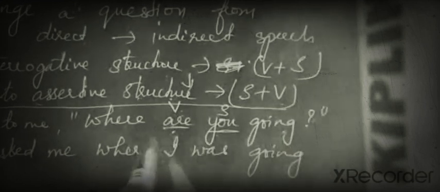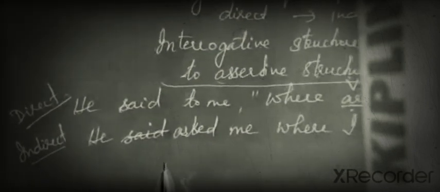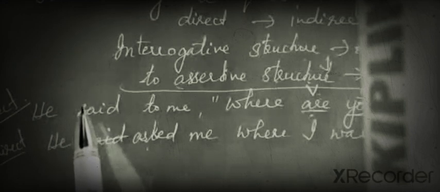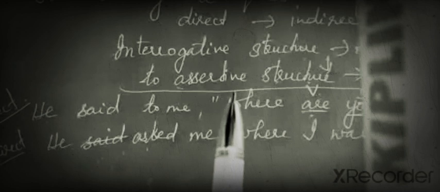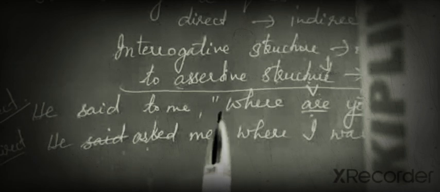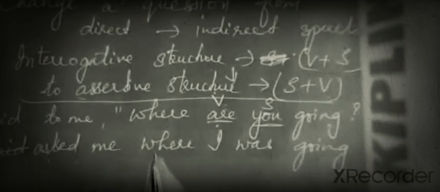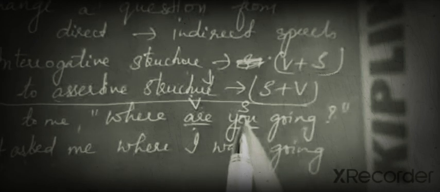Okay, so here this form we are changing now. Now see, in the indirect form we say he said to me, so he asked. The question change that I had explained in my last class: asked, inquired, demanded, wanted, right? These type of formations we changed to. Okay, so he asked me where I was going. So the subject comes over here.